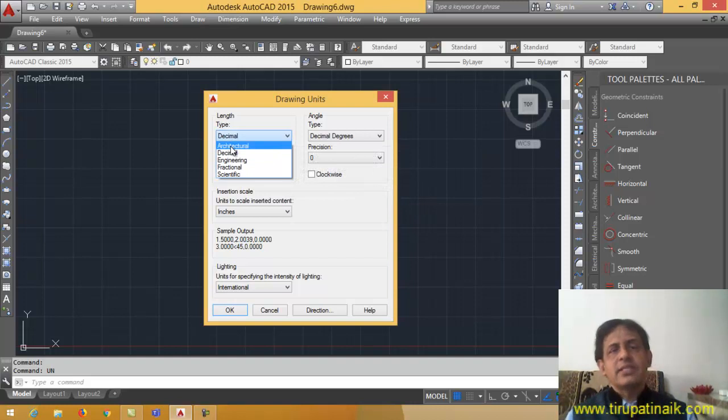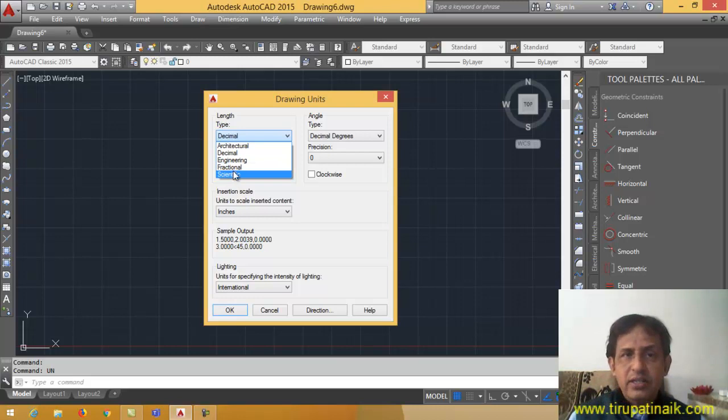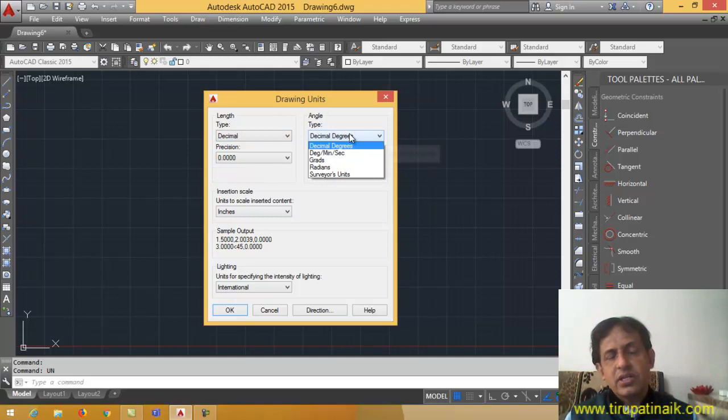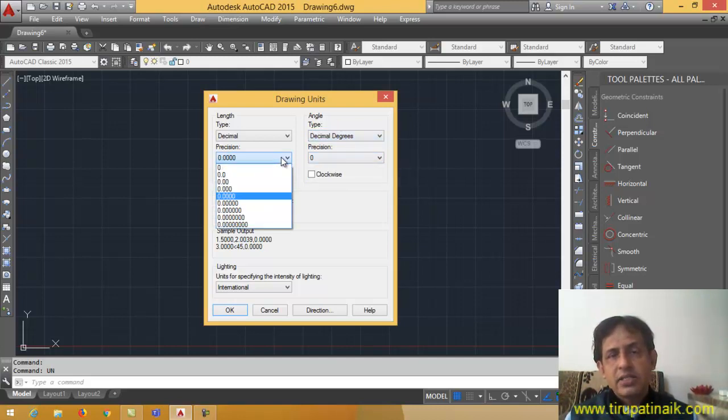In this we can select different types: architectural if you are creating an architectural drawing, decimal for mechanical, engineering and civil drawings, fractional, scientific, different units. The units like mm, inches, meter, feet options we can select. Decimal in mm is normal, whereas in architecture and engineering feet and inches are used. Now in the angle type we can select the angles: degrees, minutes, seconds, or radians, survey units, all these things.